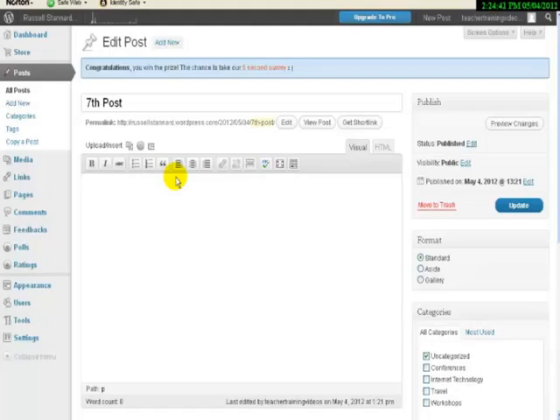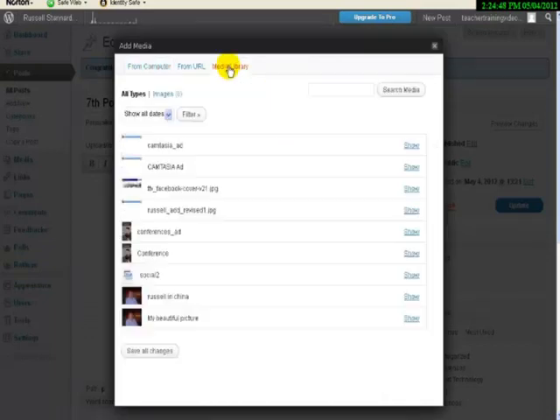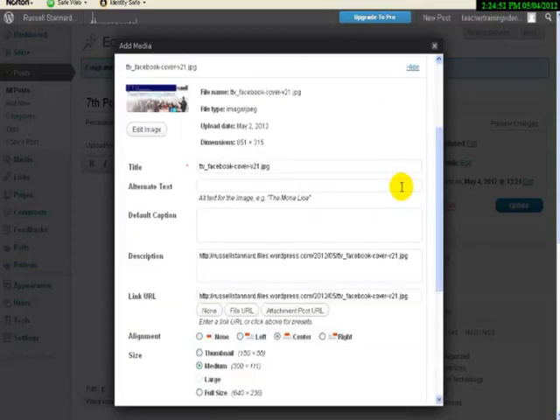So let's try and add a link then as an image. So we're going to click here and we're going to grab an image, and for the sake of speed we're just going to grab an image that's already been uploaded. So I'll click on this one here, so we can click on show,